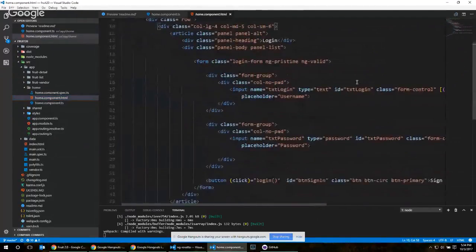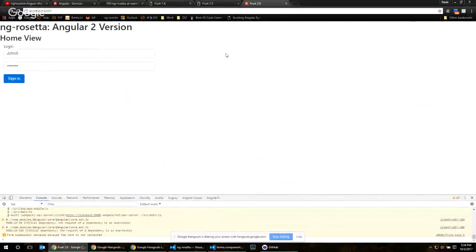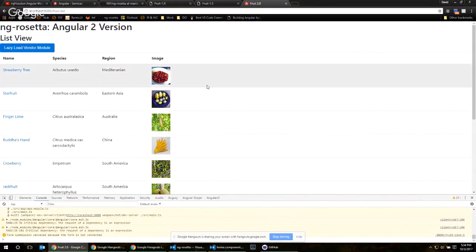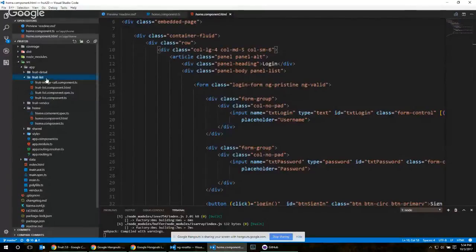Lots and lots of Bootstrap, right? We did lots of Bootstrap to get this to look real good, right? So it looks real good. We're using proper layout and all that good stuff. Bindings in there. We click the button, right? It launches the router and changes us from home to fruit list, right? The fruit list component now,